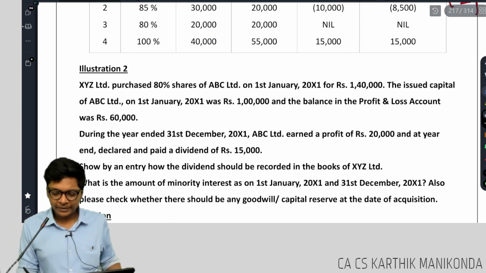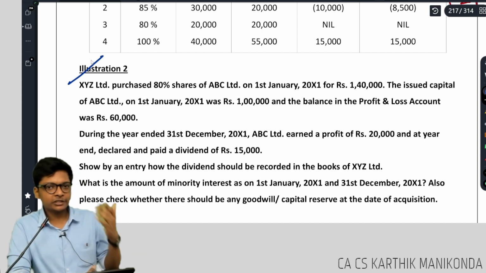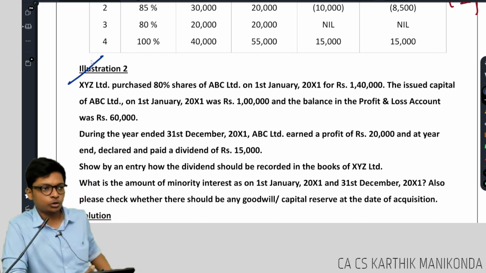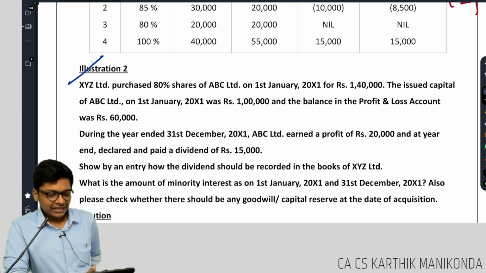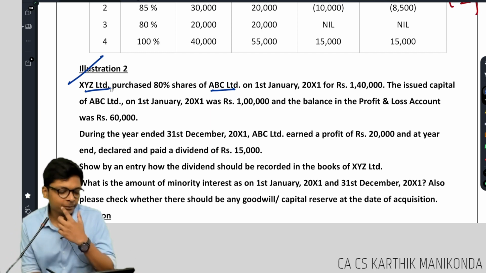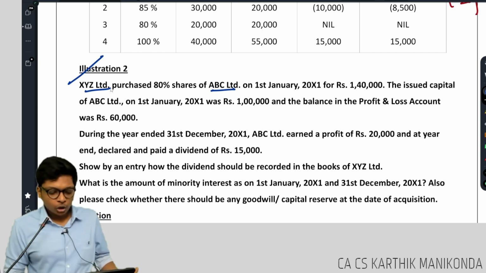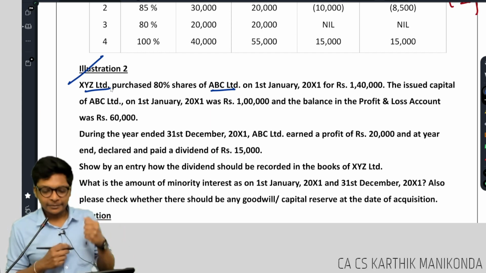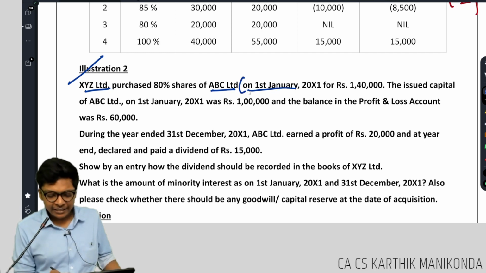Illustration 2 for everybody. Study material illustration 2, this book illustration 2, whatever book. Everybody has it as 2, guys. XYZ Limited purchased 80% shares in ABC Limited. Who is the holding company? XYZ. Who is the subsidiary? ABC. Perfect. On 1st Jan for rupees